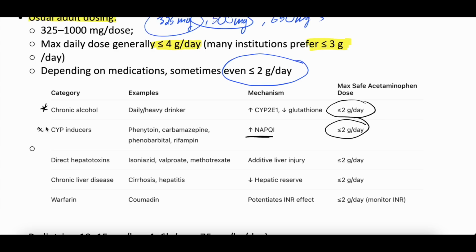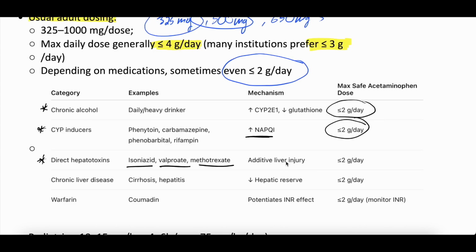So anyone on CYP inducers, take less. Anyone on medications that are hepatotoxic or toxic to the liver, things like isoniazid, valproic acid, methotrexate, all these can cause some degree of underlying liver stress. So adding acetaminophen on top of that